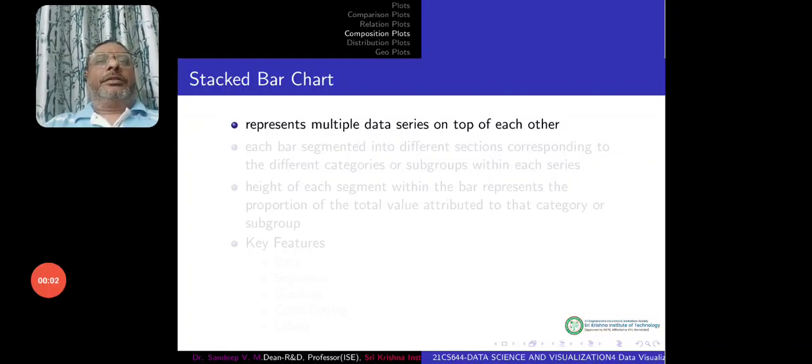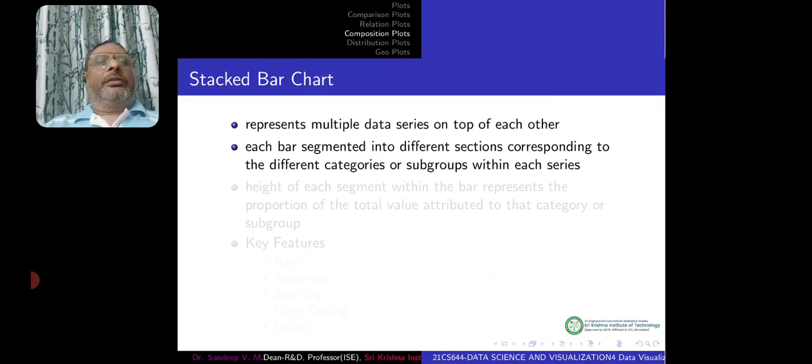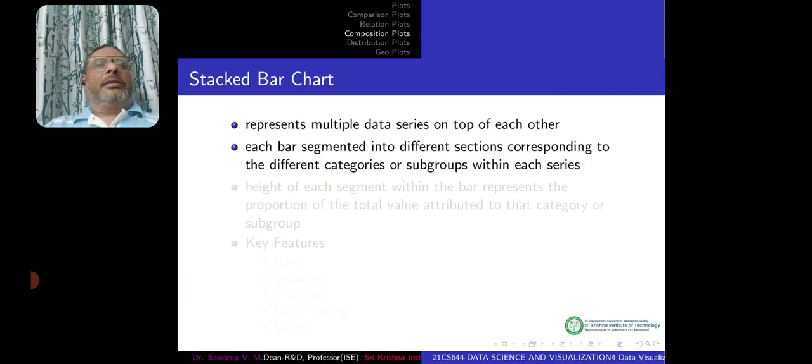The next chart is about the stacked bar chart. This represents multiple data series on top of each other, each bar segmented into different sections corresponding to the different categories or subgroups within each series. So here, this type of chart is used when a feature has categorical data and the proportion of